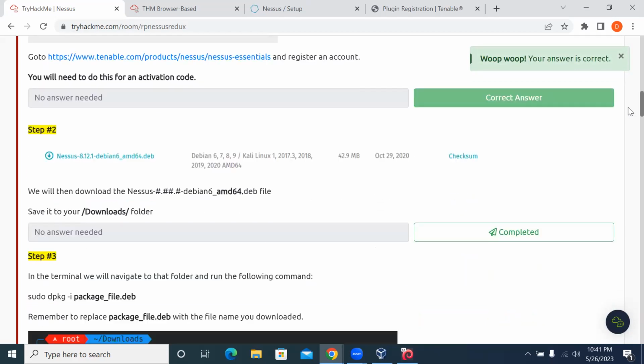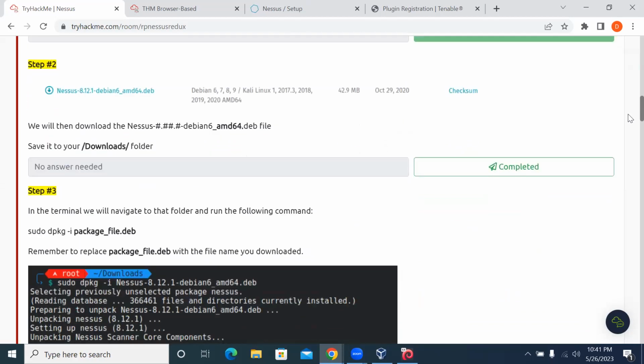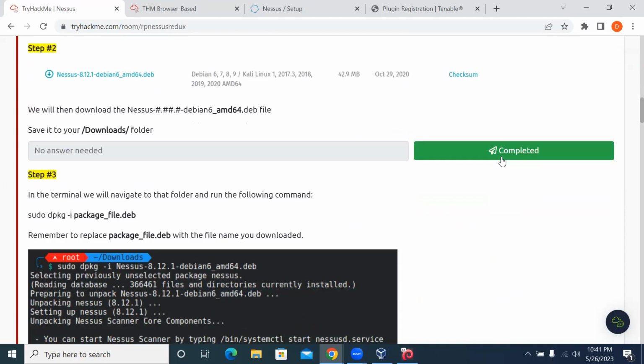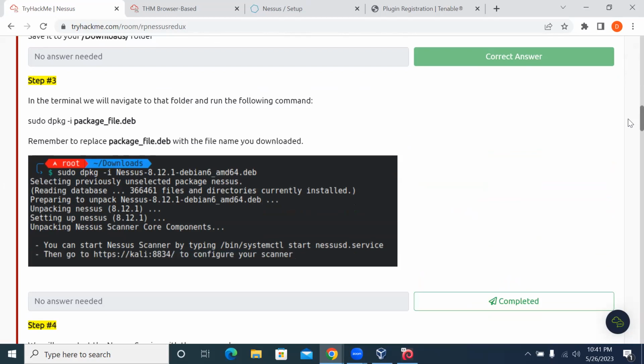So step 2, they said, okay, we will then download the Nessus, just like the steps I've showed us. Save it to your download folder, right? If you are downloading it, it comes in different forms. So you can download the amd64.deb, right? Then step 3, in the terminal, we will navigate to the folder and run the following command: sudo dpkg -i. So this is for Linux actually, not for